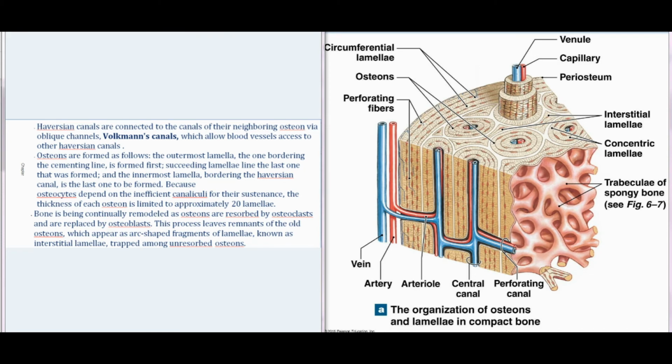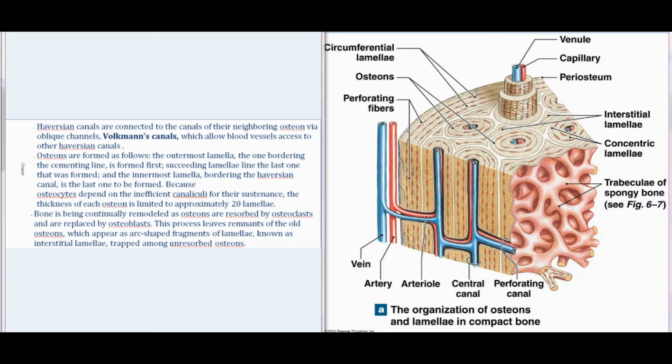Haversian canals are connected to the canals of their neighboring osteon via oblique channels, Volkmann's canals, which allow blood vessels access to other Haversian canals. Osteons are formed as follows: the outermost lamella, the one bordering the cementing line, is formed first, succeeding lamellae line the last one that was formed, and the innermost lamella, bordering the Haversian canal, is the last one to be